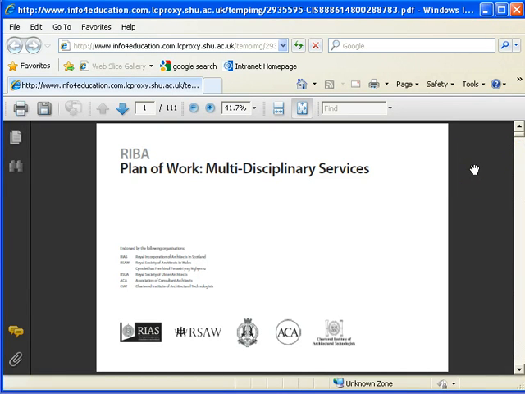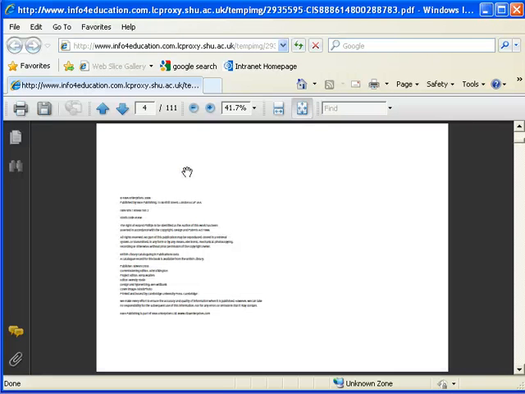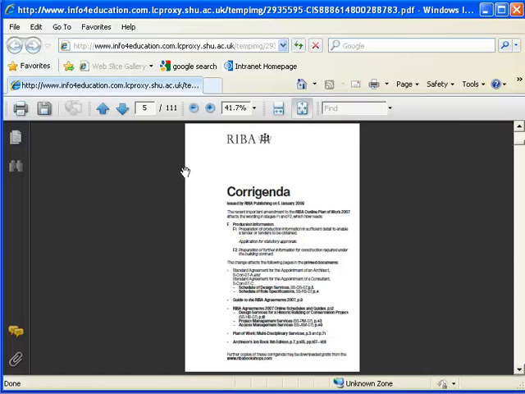The thing with that is, if you were actually in practice, then from a professional liability point of view, you need to be using the up-to-date information all the time. Once we've actually got this document here, it's just as good as a book. You can go through this page by page and find out information. And the thing about this, which is much more useful than a paper copy,